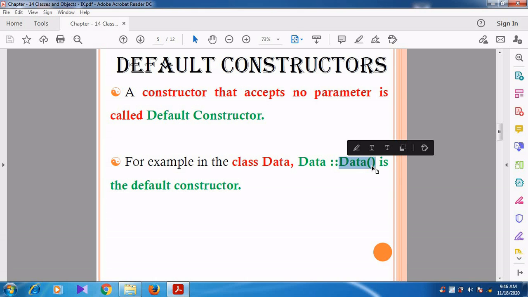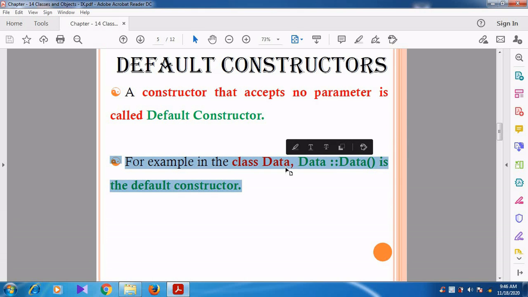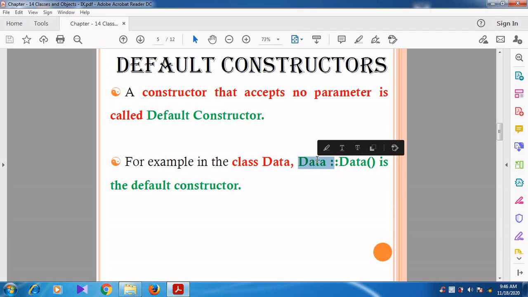Can you understand, students? The class name is data and data is the special member function, so this is called a constructor. In this constructor there is no parameter, so this is called a default constructor. Can you understand, students?